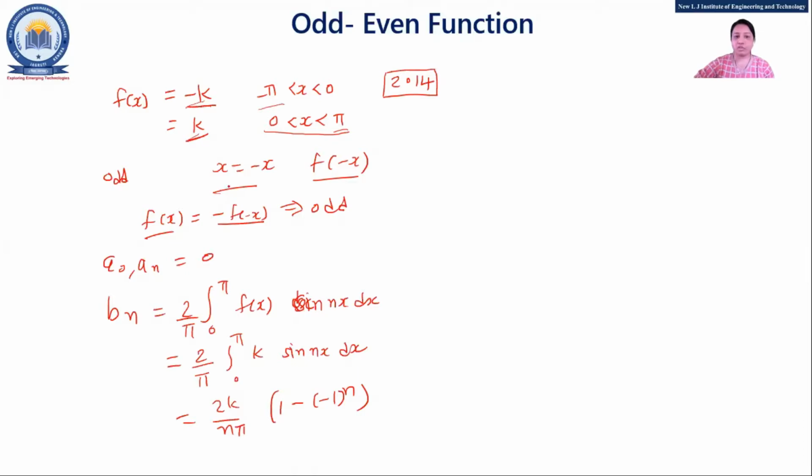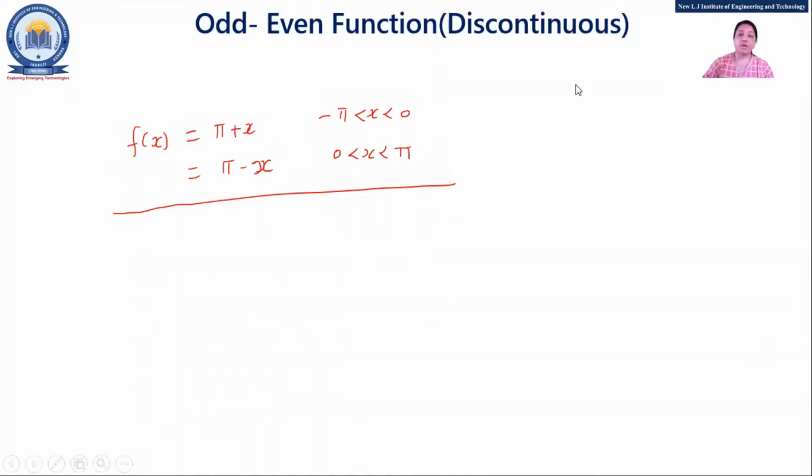But what is the advantage of odd and even? If you are checking for odd and even, see, if the function is odd, we have seen a0 and an are 0. So you are not supposed to calculate those terms, and in very less time you will get your answer. You just need to find only bn. And if the function is even, you need to find out only a0 and an. So that's why we are going for the concept of odd and even. You need to be clear in your mind why we check odd and even, and it is only in minus pi to pi.